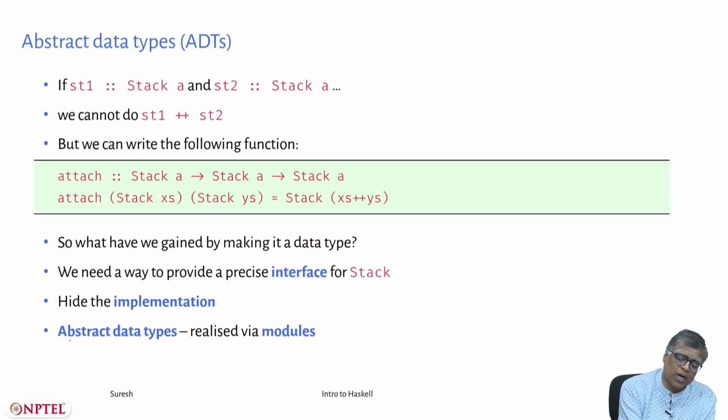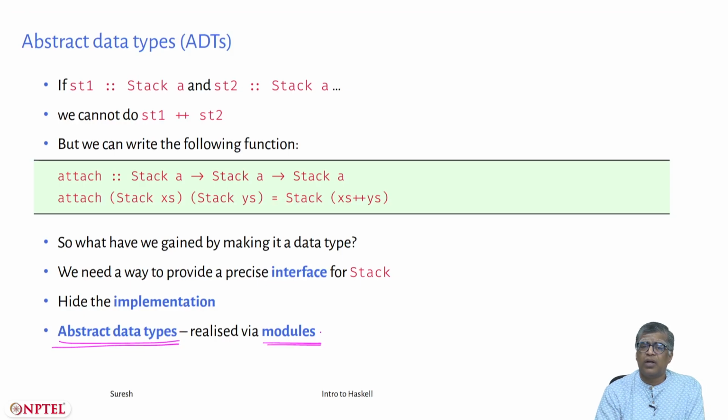And that is called abstract data types. And it is realized via a Haskell feature called modules. Okay, and it is important to discuss modules when we discuss data structures, because for many data structures, the way you implement it, you want to provide it as an abstract data type. You do all kinds of algorithms inside it, but the user can use it only in some very precise manner.